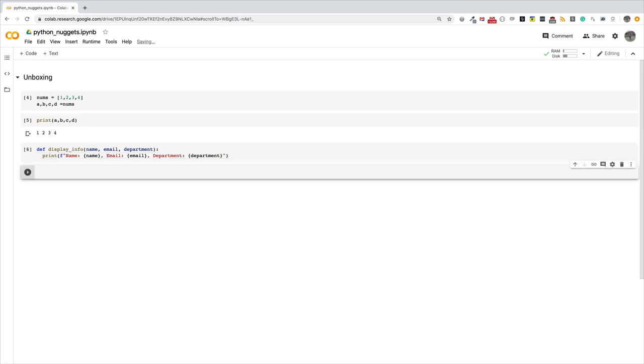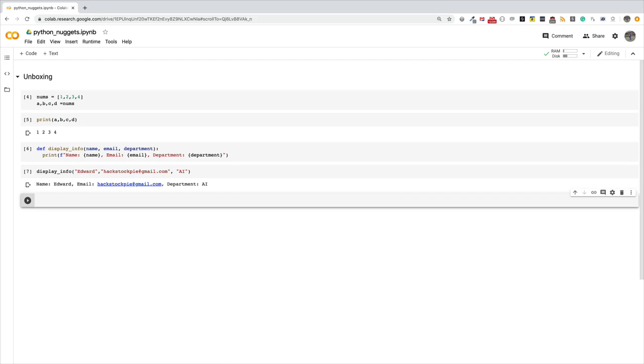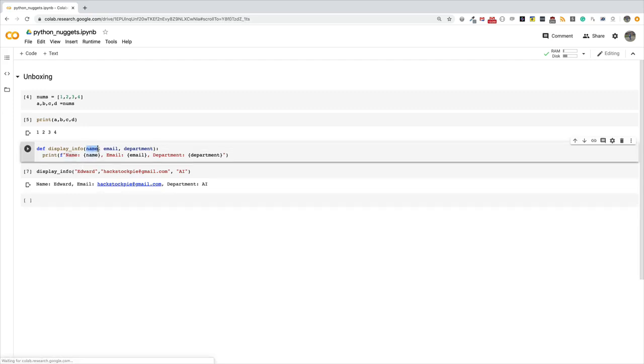Now one way to call this function is to call it and then pass arguments to it. So if I say display info, and then I call it with Edward, and then I put my email address hackstockpy@gmail.com, and then I do department is, let's say, AI. Okay, now if I run this, you see that it's going to print it, and it's going to do interpolation, putting the values of the variables into the placeholders that we have in the print statement. This is all good, but it is not an interesting application of the unboxing that I showed you